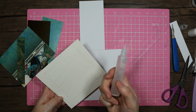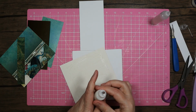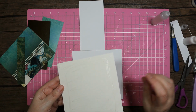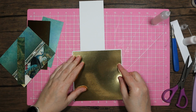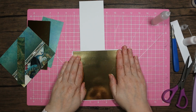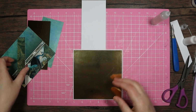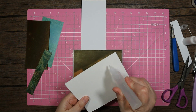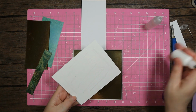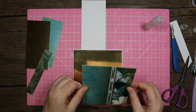So the usual glues that I'm using are the Cutaway all-purpose in this one, and then just in the corners I like to put a little bit of Cutaway tacky glue in there, and that generally does stick it down a little bit faster. So I've got the lovely movability of the all-purpose, but whereas the all-purpose takes a little bit longer to settle and stick, and you could move on to something else and it's moved, which is rather annoying. That Cutaway tacky glue stops that, well, to a certain extent it stops that happening. Obviously it has its own little amount of time that it takes to go off, but